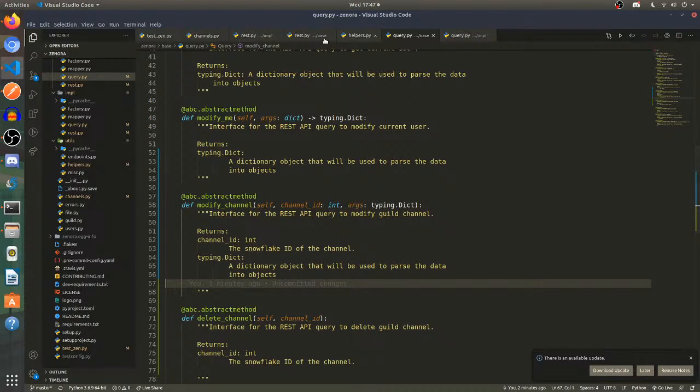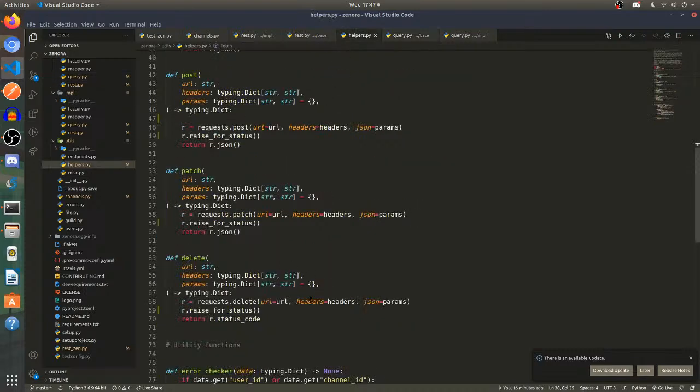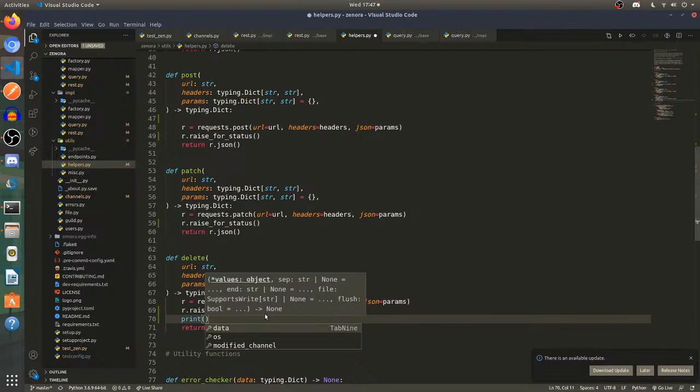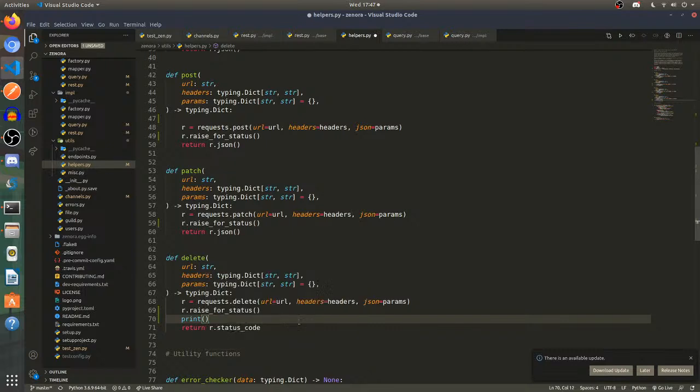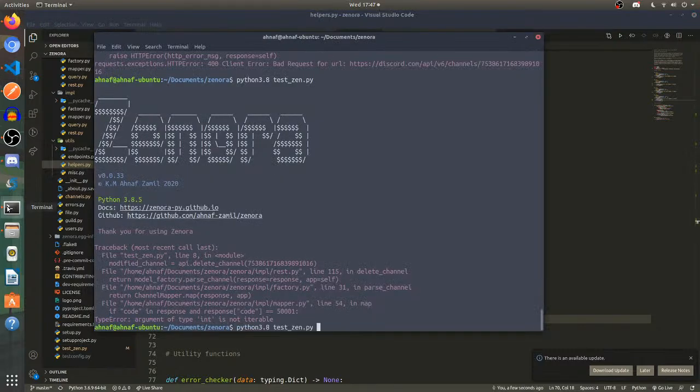Let's print. What does it actually do? The helpers use the error checker to delete. Print r.json, right? Let's run it.